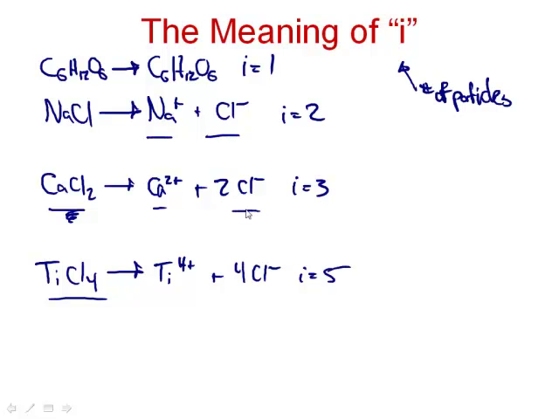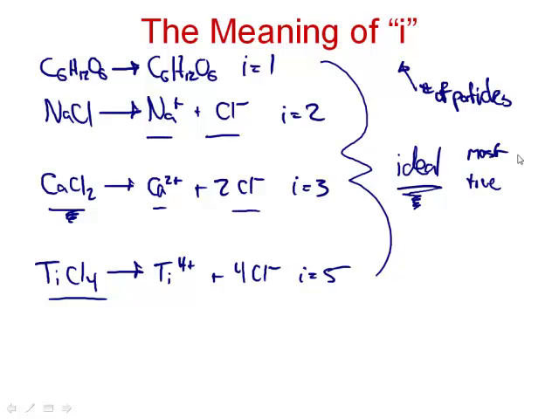Now, these are all ideal. In the ideal case, ions totally dissociate in water and break up totally and completely into ions to the extent that they dissolve. And this is ideal behavior. If the problem doesn't say anything else, assume that things behave ideally. But know that this idea is most true for dilute solutions. As the solution becomes higher and higher in concentration, you're going to deviate somewhat from ideal behavior,